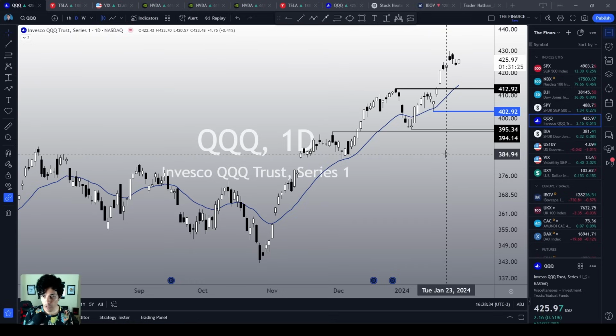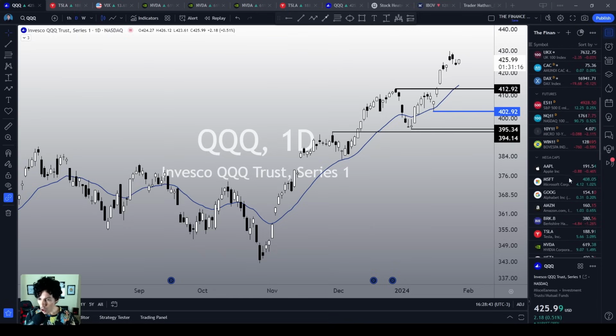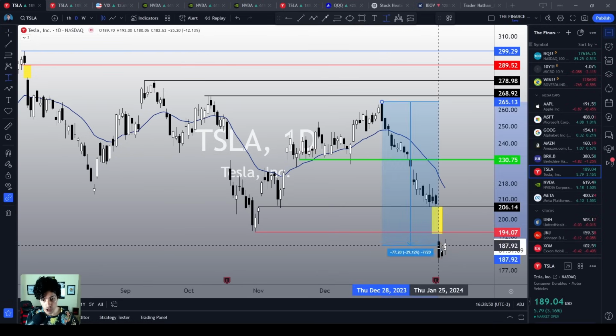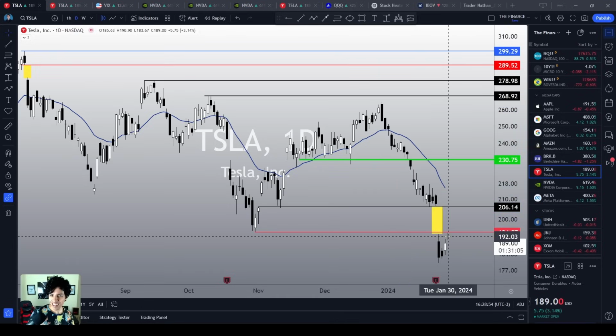They are still going to be very bullish, but I wonder if they trigger a pullback, how could Tesla perform? I mean, could Tesla drop more from here? We already crashed from the previous top to right now nearly 30%. Could we drop a little bit more? Well, yes, we could, because